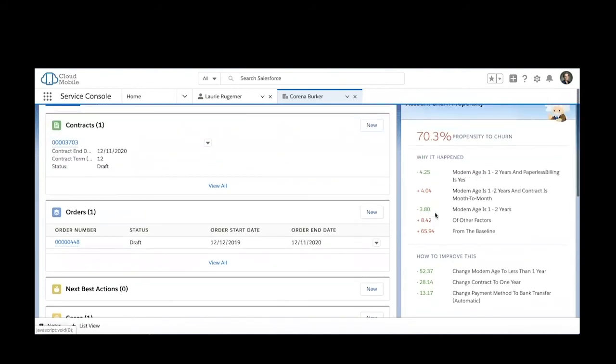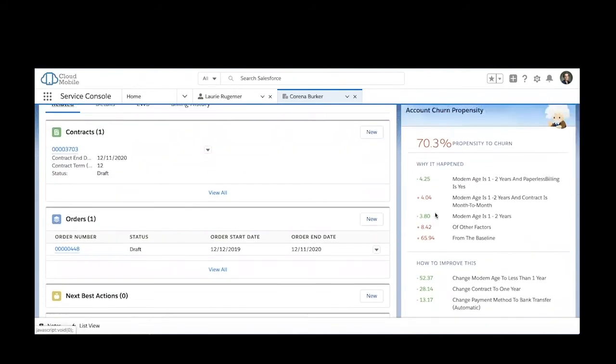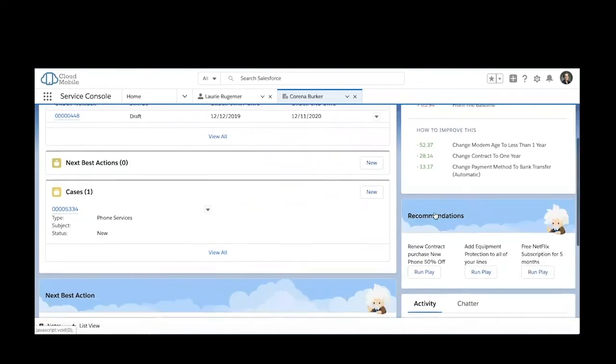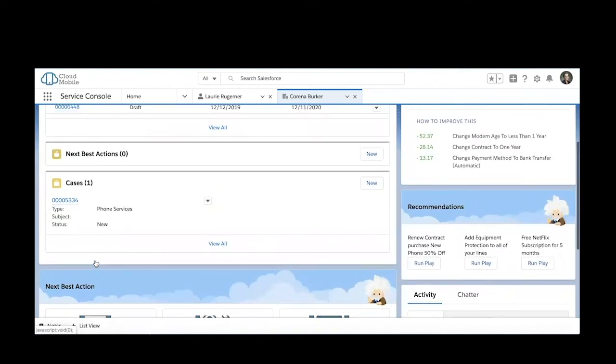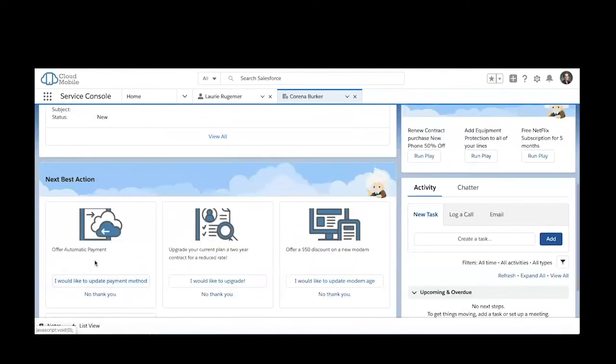So I've got this score. Now, depending on how I've scored this customer, in this case, they're 70% likely to churn, I might want to take some actions. And this is where Einstein next best action comes in. So based on the score of that customer, I am recommending certain actions for our retention desk to take. So potentially in this example, I want to update the payment method. We saw that if we move from our current payment method to bank transfer,